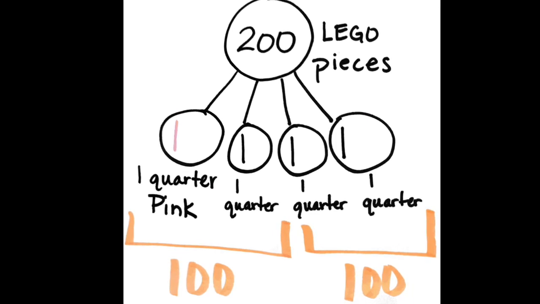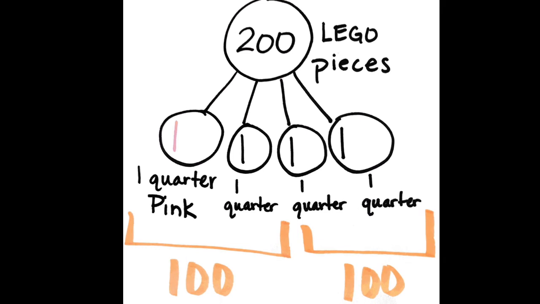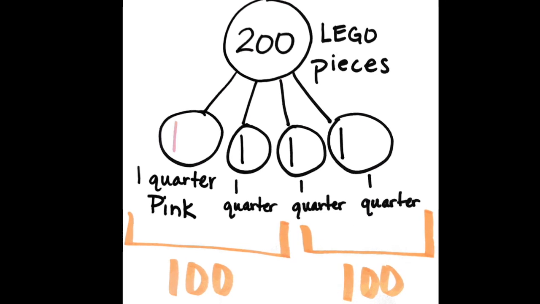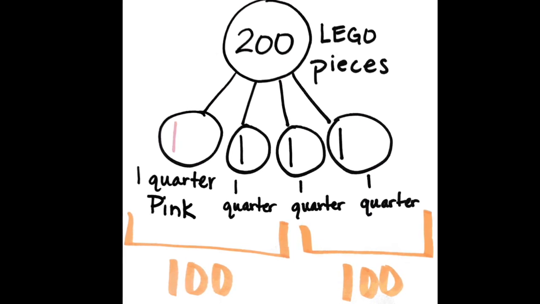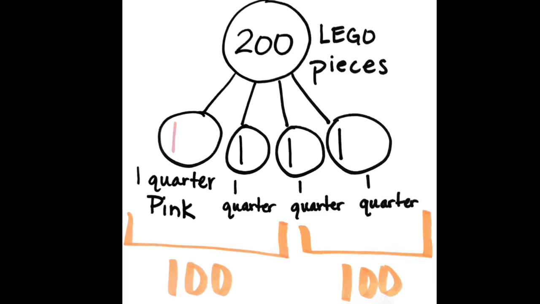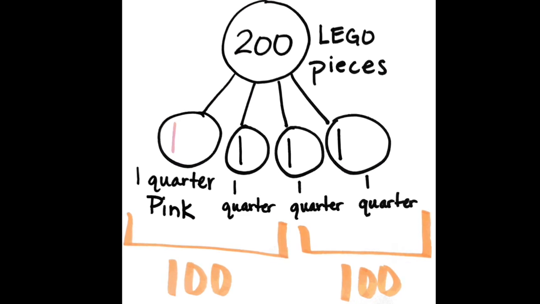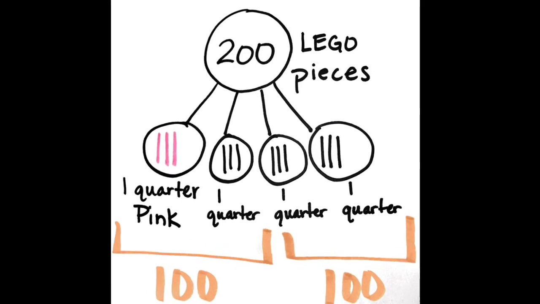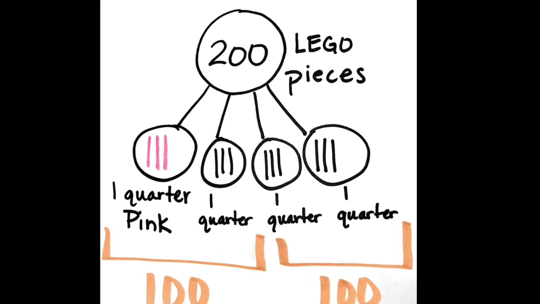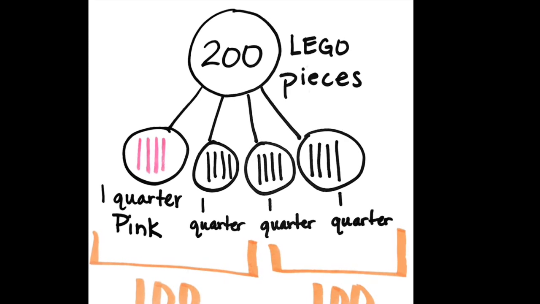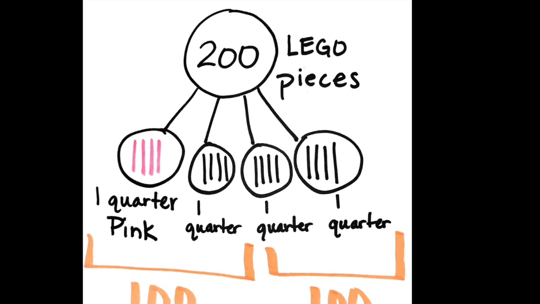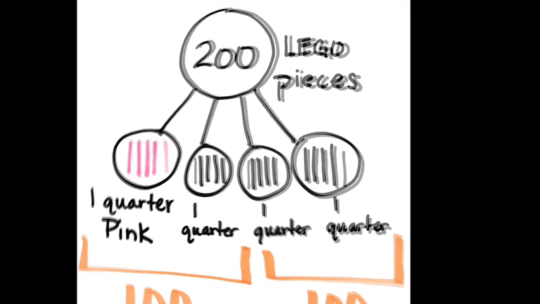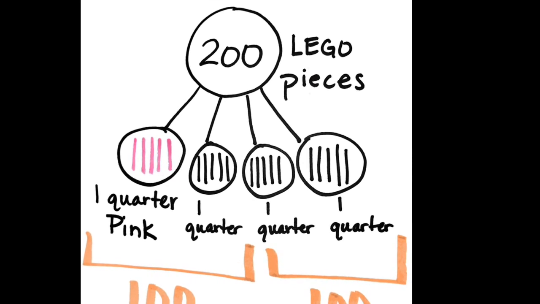So I counted my pink ones with a pink line and the others with a black line. So count with me as we get up to 200 total pieces. 10, 20, 30, 40, 50, 60, 70, 80, 90, 100, 110, 120, 130, 140, 150, 160, 170, 180, 190, 200